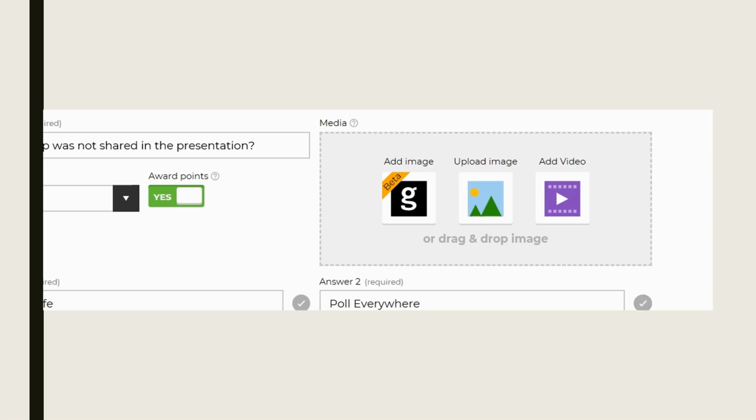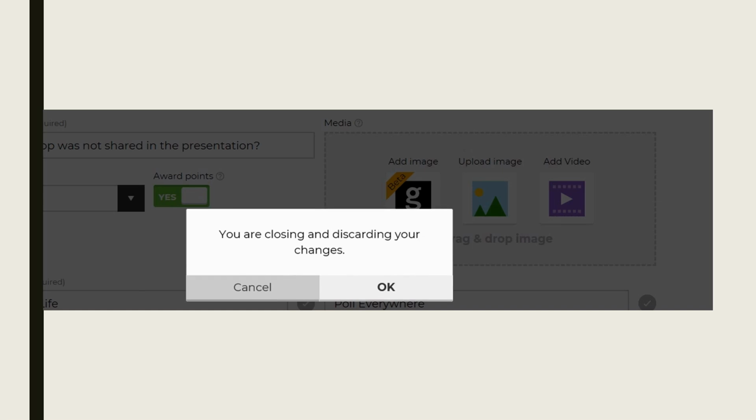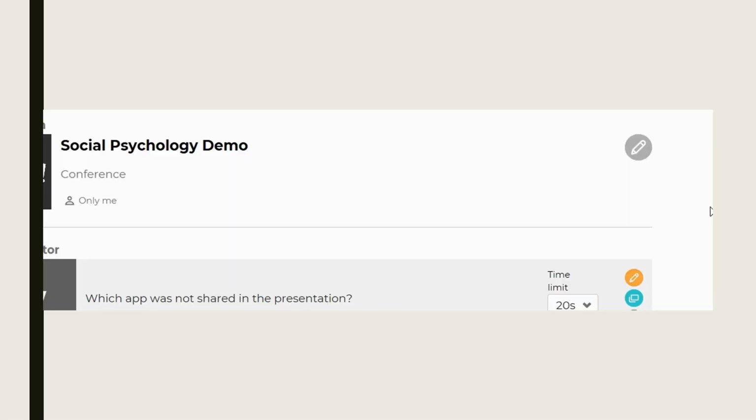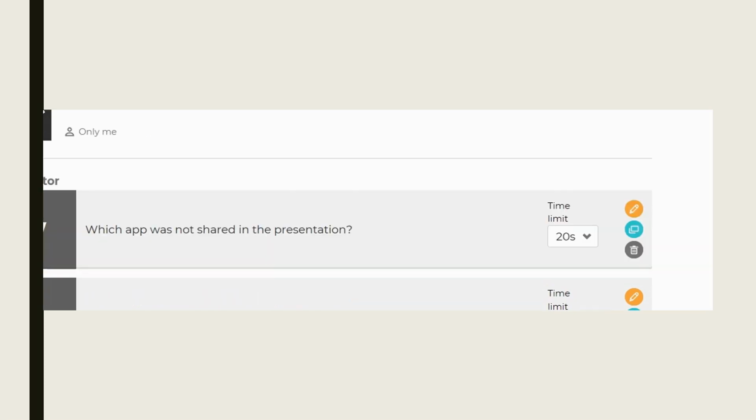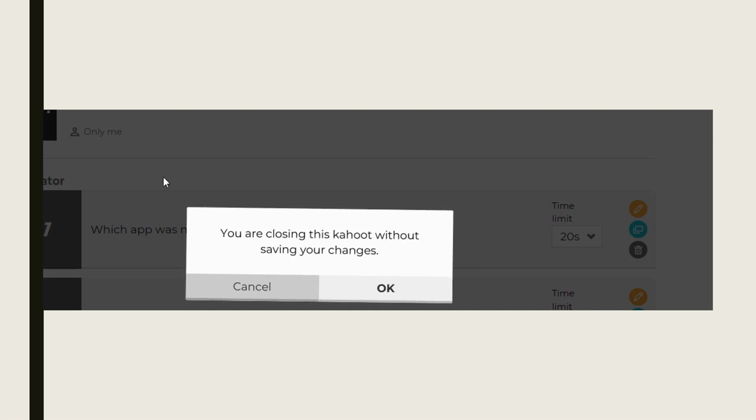So I am going to say close, and I do want to discard those changes that I've made. And right under the second question is add a question. So you could continue to add questions, or you could duplicate questions from another Kahoot that you've created, or another Kahoot that exists out there. So now we're going to exit,